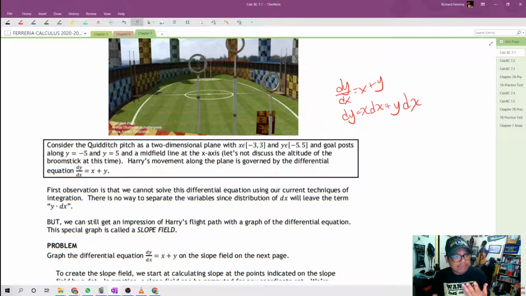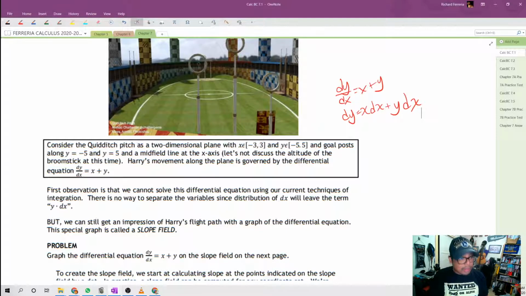So this is not differentiable or integratable using what we currently know in calculus. Not to say that this differential equation can't be integrated. It can be integrated, but we're not going to learn how to do that in Calculus BC, certainly. You're going to have to probably wait till you take a differential equations class in college before you can tackle